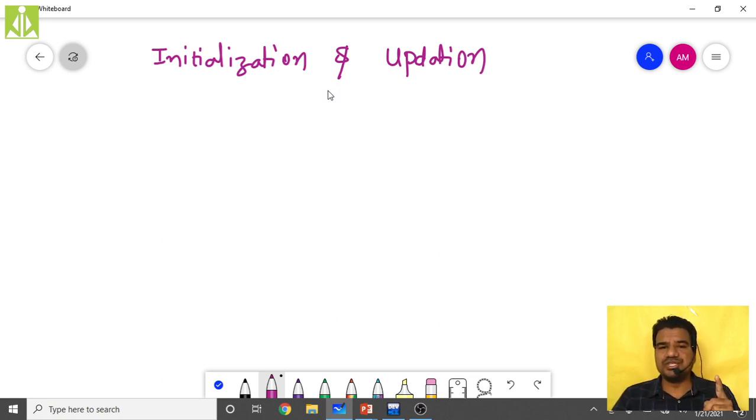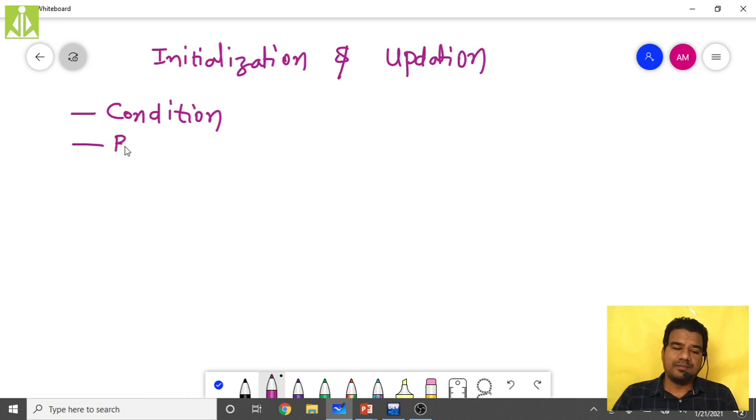The first one is the condition, the second one is the body of the loop. Body of the loop is nothing but the statements you write inside the loop.